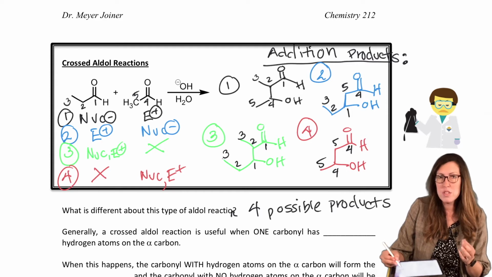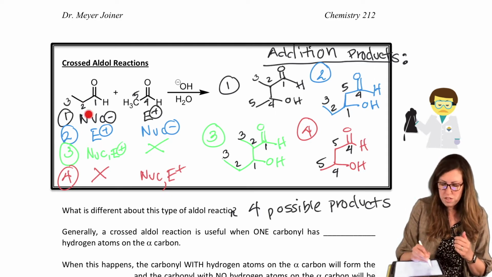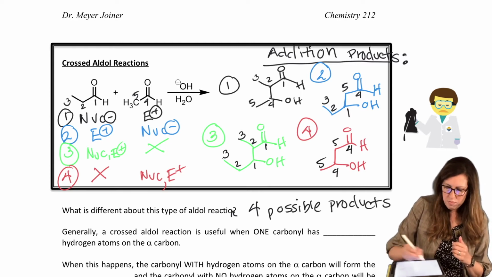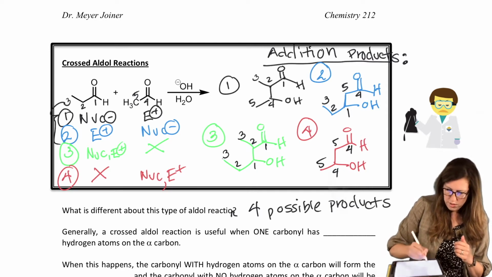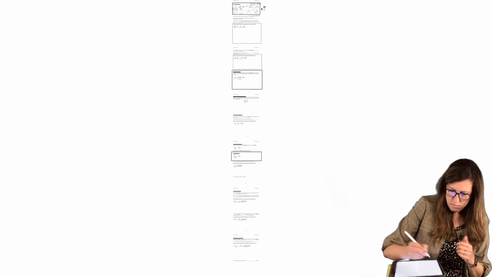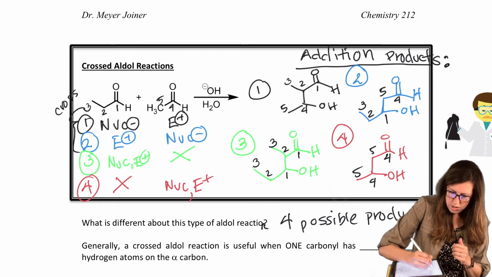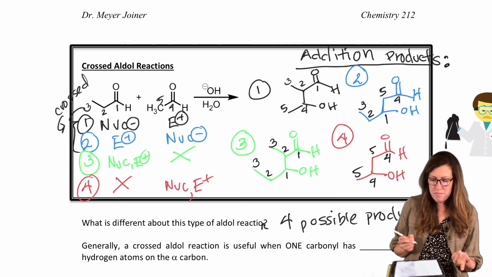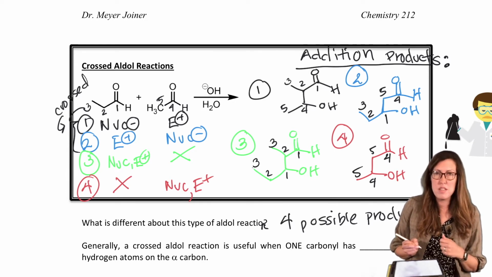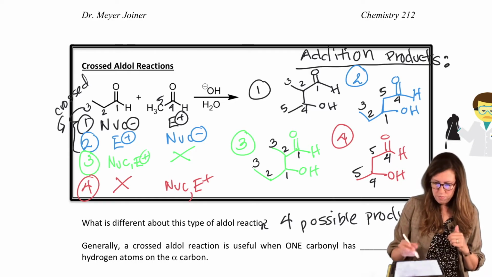But it can be very useful to do a crossed aldol, because we might not want a product that only reacts with itself. We might want something from the 2 crossed versions, so let's label that. Crossed. So we might want either the black or the blue product, right? But there are better ways to go about it that deliver more control from the chemist's point of view. So when would this be useful?